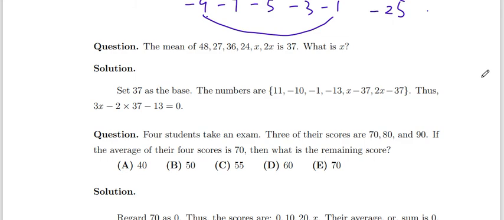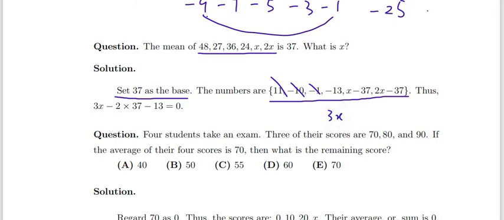Another way is to set 37 as the base. So we can change those numbers like so. For this one, for the a, the base 37 just becomes 11, like 37 plus 11. And this becomes negative 10, like this. So add them up, and here we can cancel the 11 with this one, so it becomes